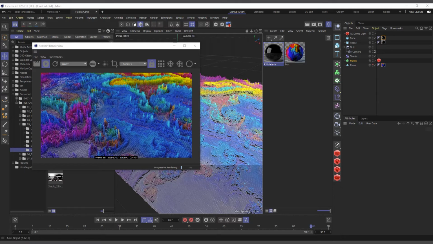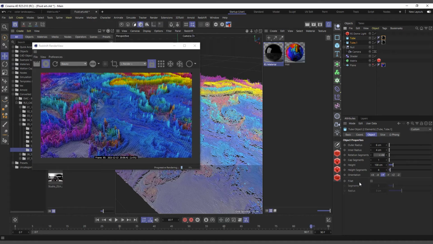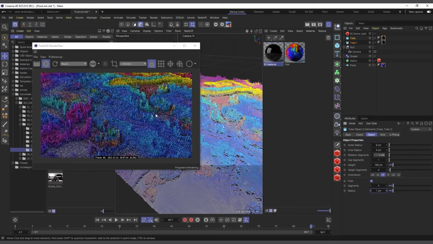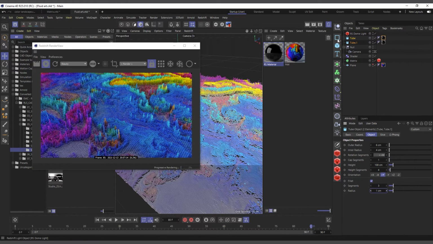With the reflection, for instance, I can now select these tubes and come to its attribute. I'll add a fillet to it so that I give it a bit of roundness to catch reflections and stuff like that. And I'll increase the radius to maybe, let's see, 2. Okay, 1 I think is cool. I just want to see how it will catch reflection based on the material. What you can actually do is create a light for it to catch a reflection. So I'll go ahead and create a light.